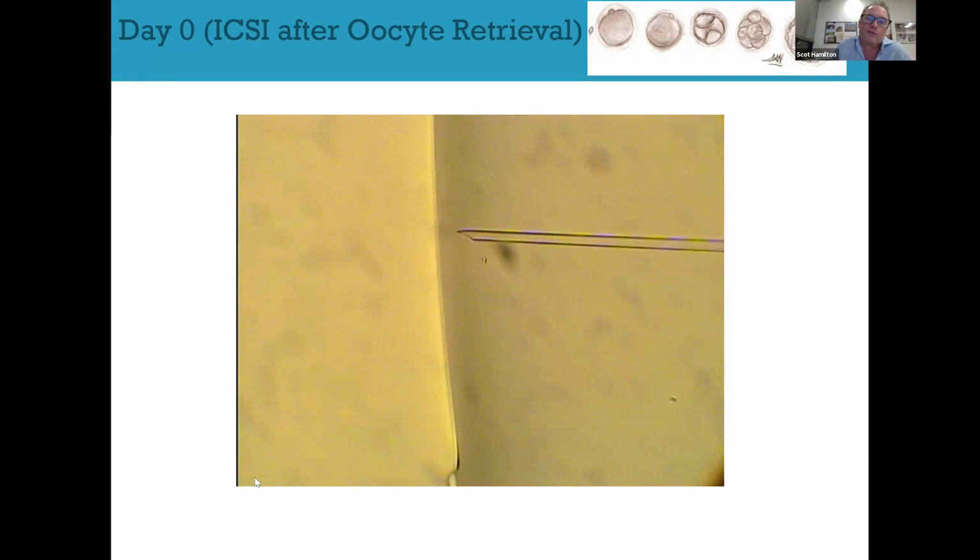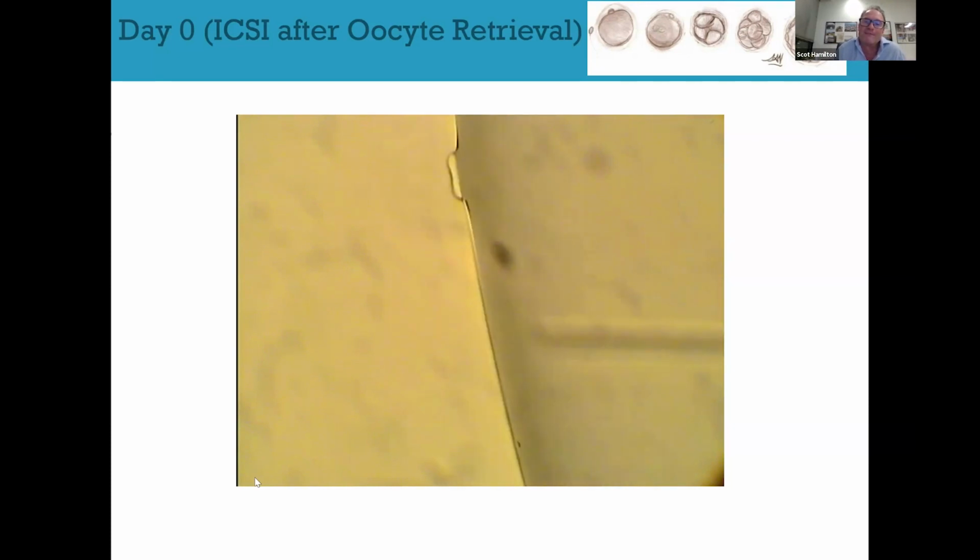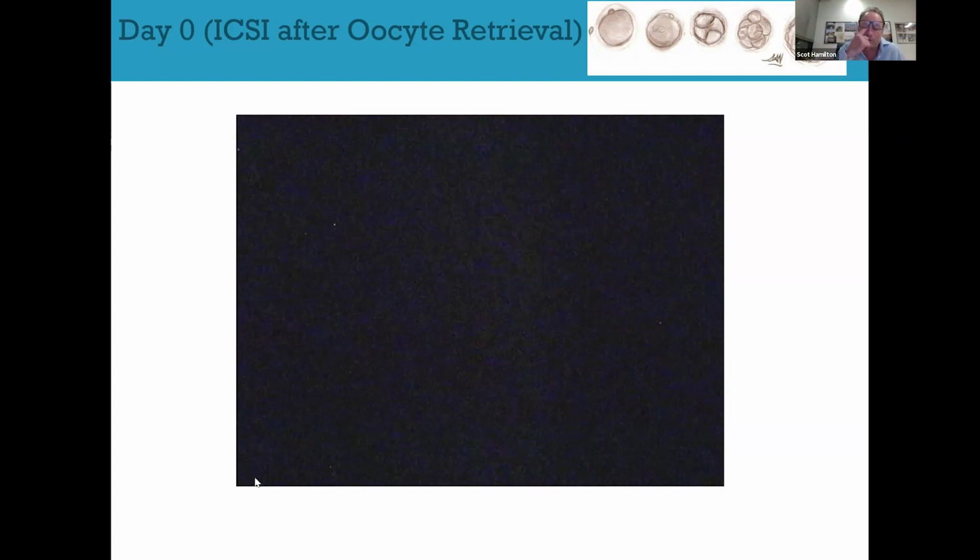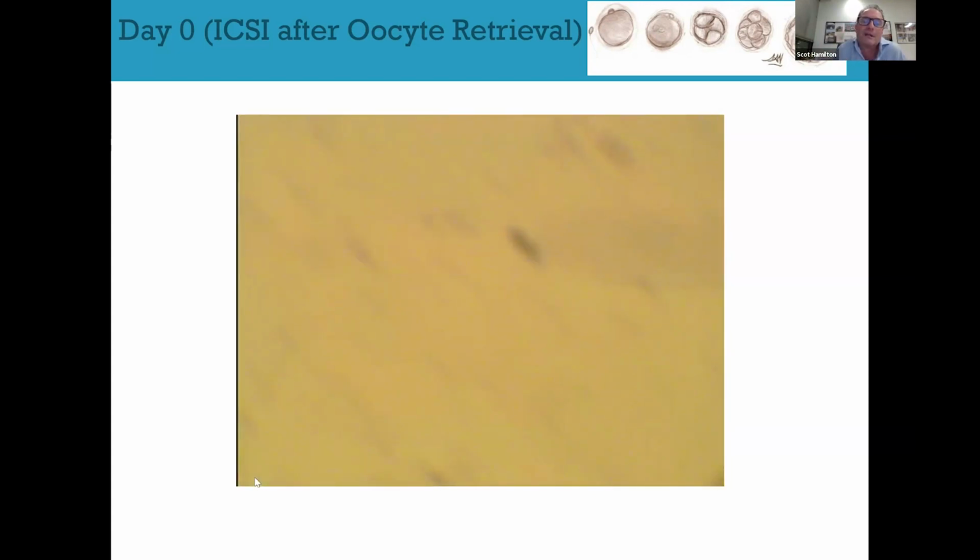They're actually very good, easy to see under a good microscope. And the micromanipulation system makes it very smooth, the motions that you do. Even if you happen to have a teeny bit of shakes from a cup of coffee, your motion gets smoothed out by the equipment that you're using. So there, just as an example, we've picked up 2 sperm, and then you move to another drop that contains the egg. And these eggs have already been denuded or stripped to remove the cells that surround them from the cumulus.